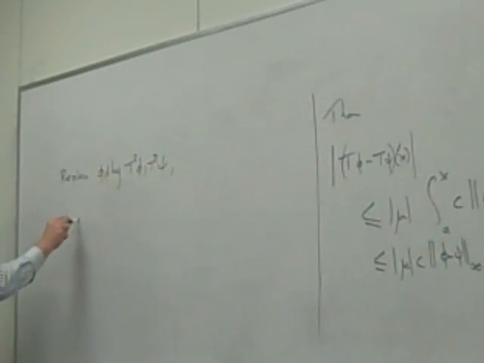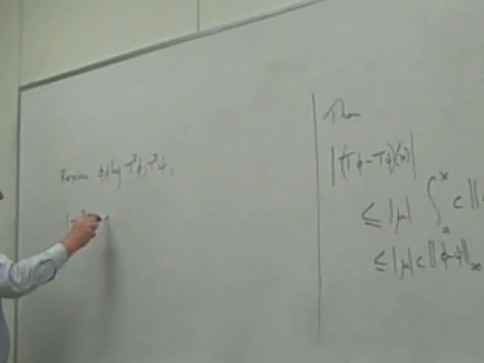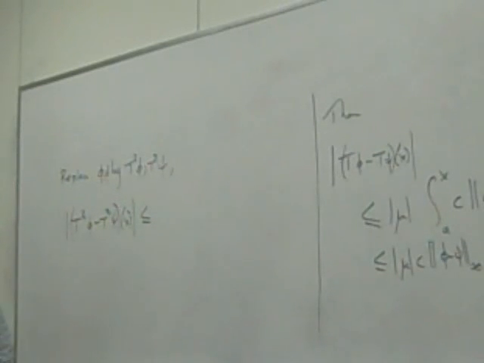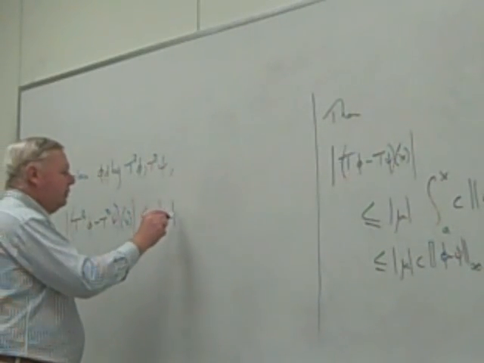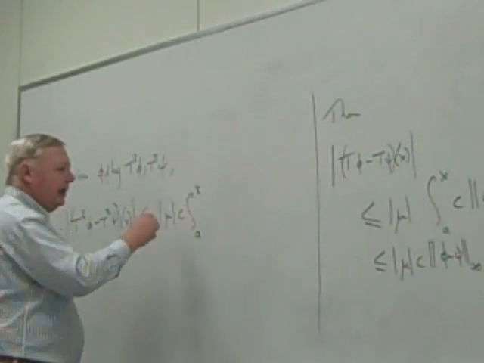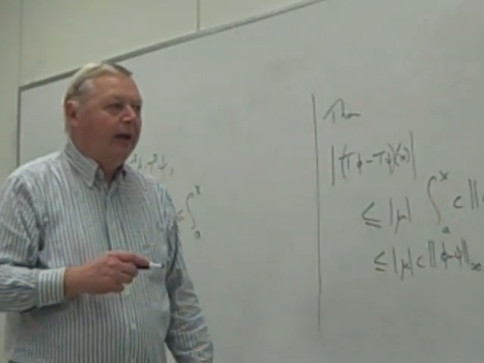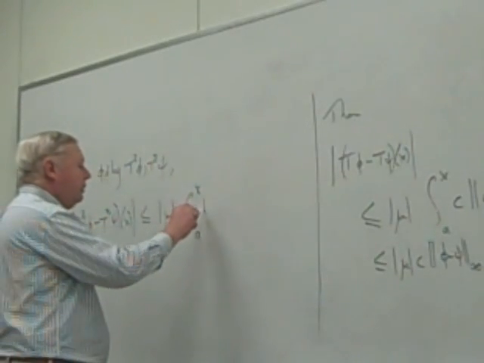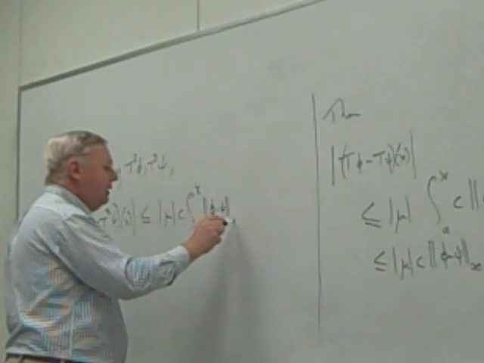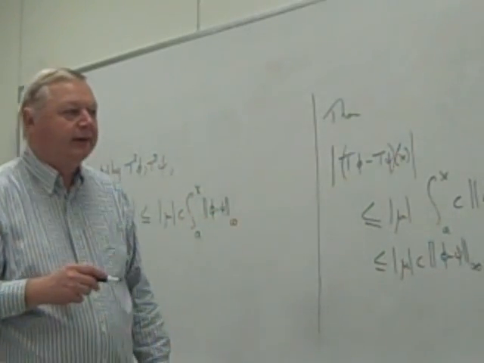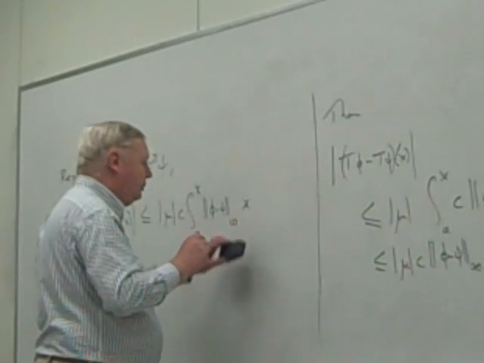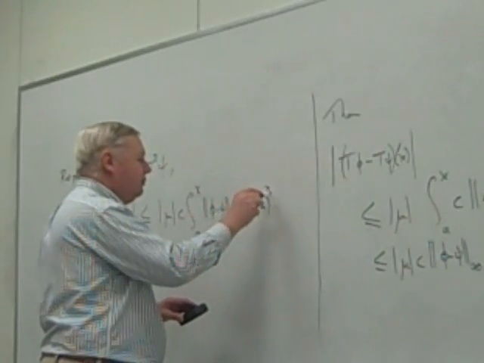And we find that the absolute value of T cubed phi minus T cubed psi at x is going to be at most the absolute value of mu times c, the integral from a to x, and then inside we'll have the infinity norm of phi minus psi times t minus a squared over 2